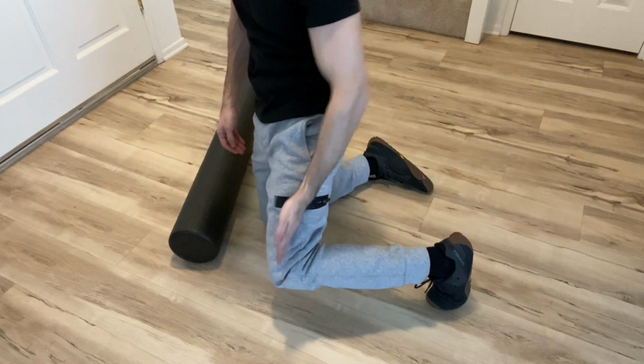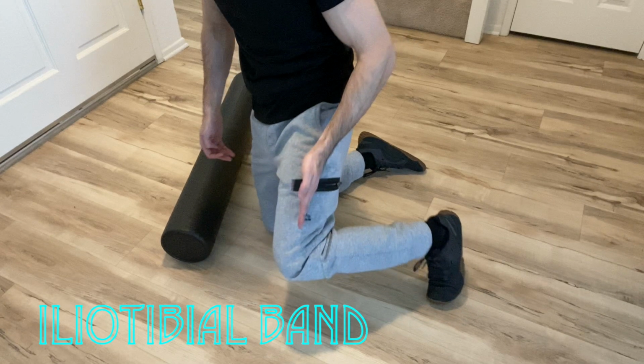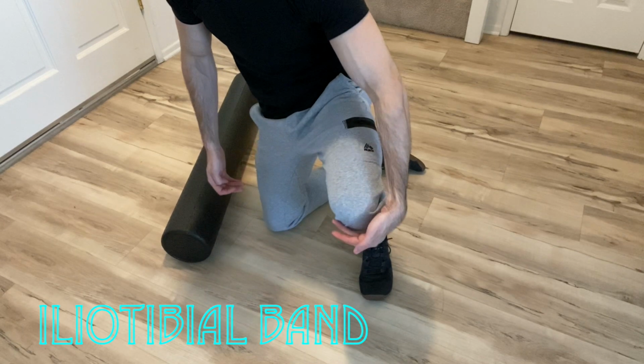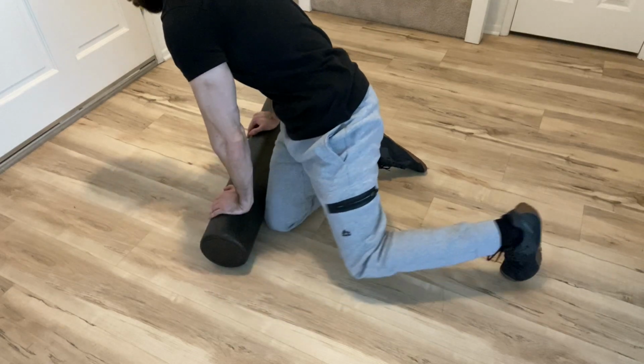All right, the next area is the IT band, or the side of the leg right in here, okay? It is called the iliotibial band, and it's a long fibrous band of flexible fascia that extends from your hip to just below the outside of the knee, okay? It also has an attachment to the outside of your kneecap. All right, so what we're going to do is get on the side of the leg so we can roll